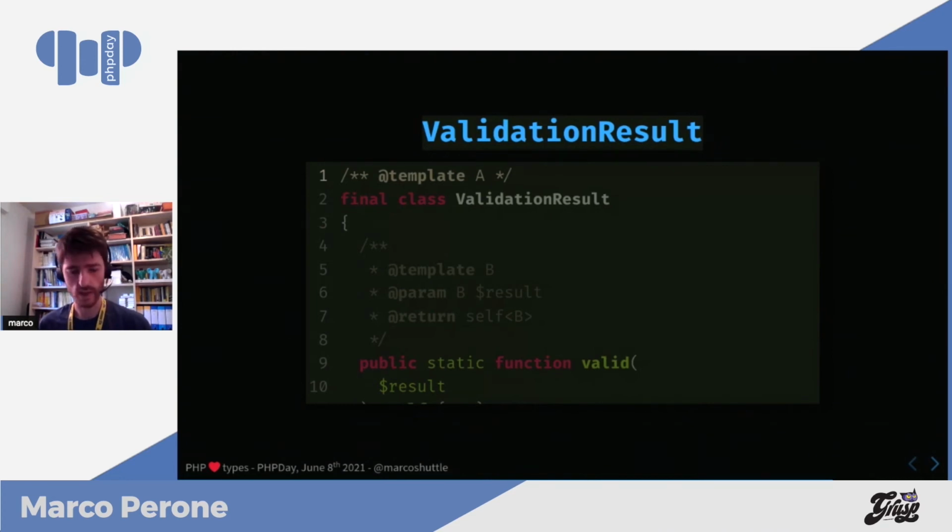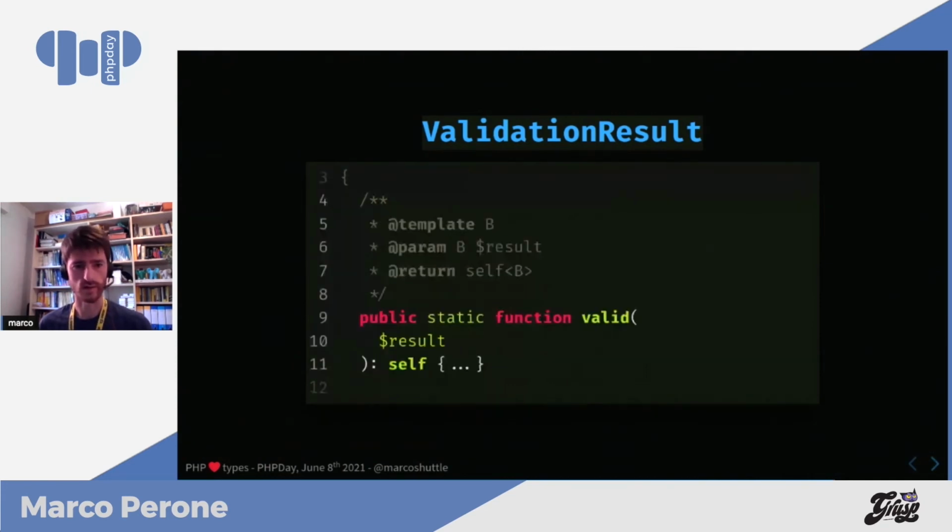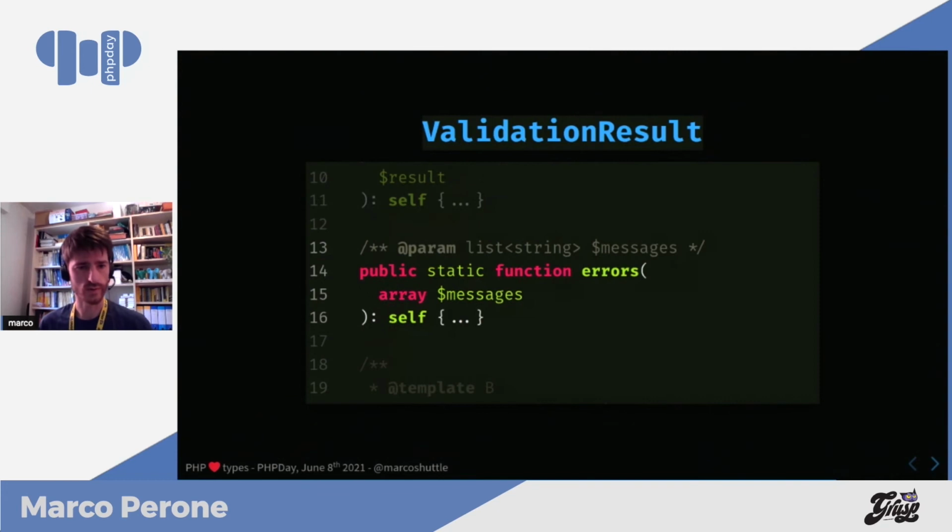And then we disambiguate between the 2 cases, a successful validation or a failed validation, by having 2 separate constructors. We will have a constructor called valid for the success case, and this constructor will only take the valid value, and another constructor called errors, which will be used for the failure case, and it will take as input only a list of error messages. And then to force the client of such a class to handle both cases,